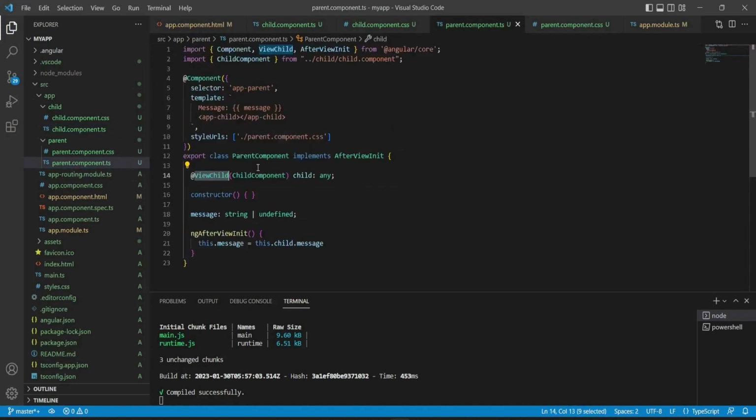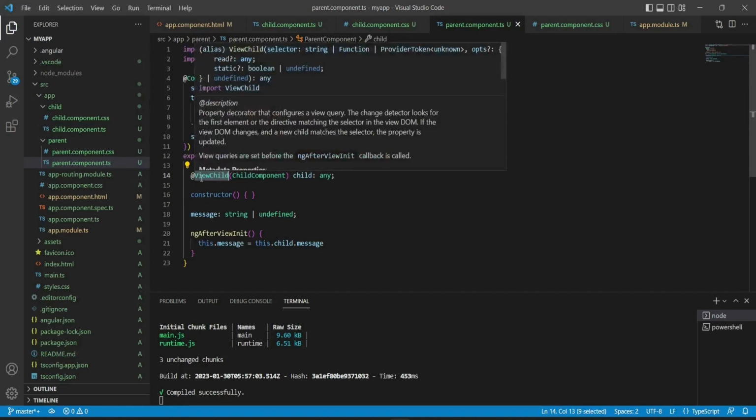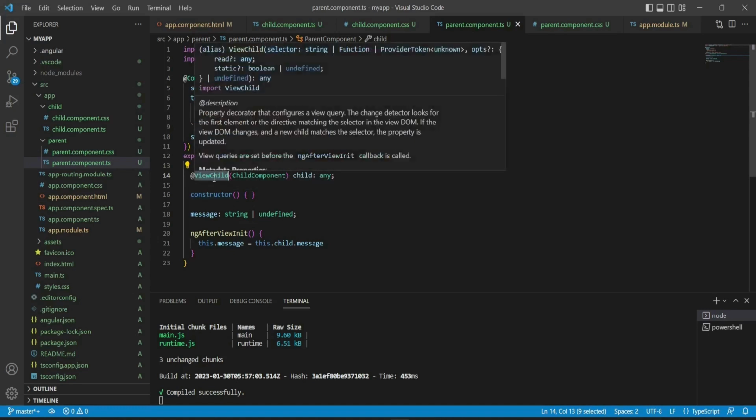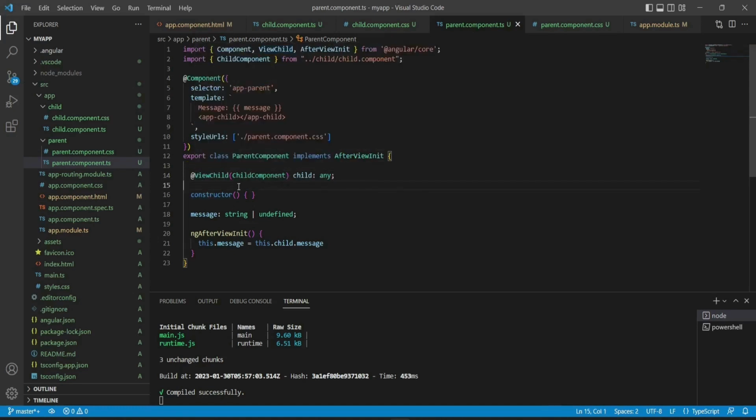ViewChild decorator. Actually there are two decorators: ViewChildren is one and ViewChild is the other. There is a difference between ViewChildren and ViewChild that I will talk about in a later part of the series. So I just set the value of the child message to the parent message, which I'm using here,